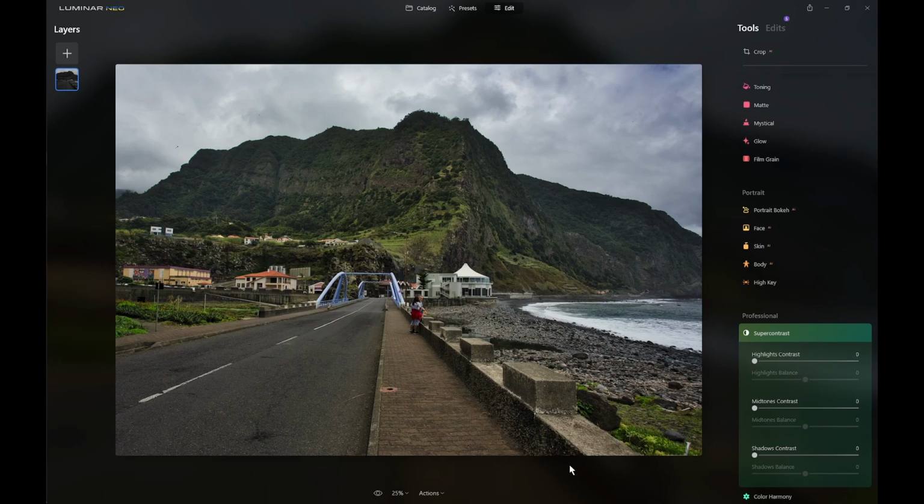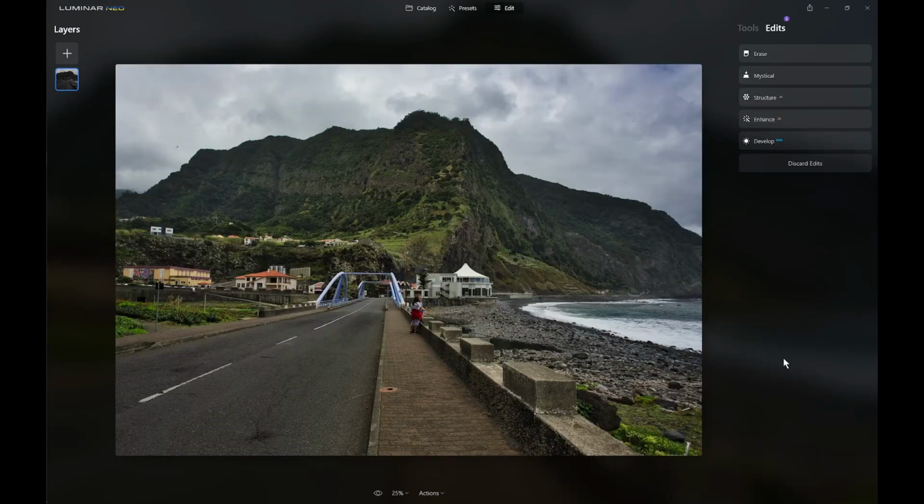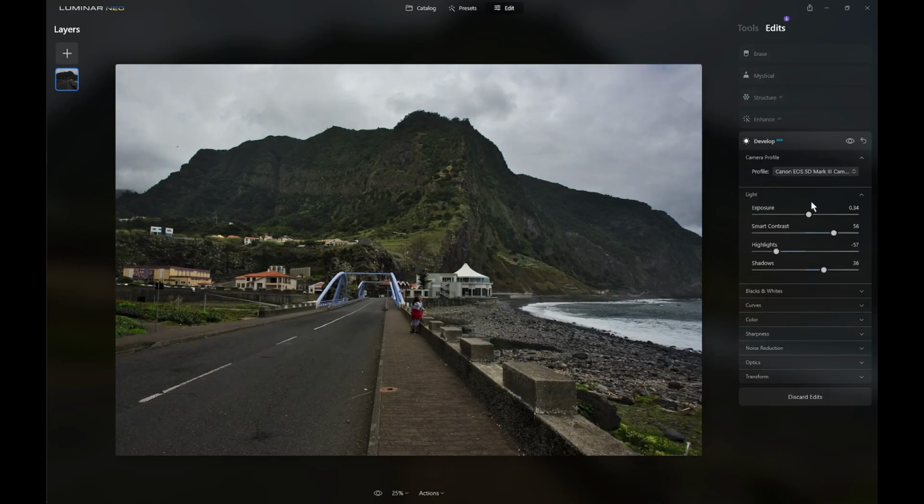Here is a photograph taken in Madeira where I have done all the basic editing and removed a lot of bits of rubbish in the foreground. Here is the original photo, which you can see was very dark. Here you can see the edits I have done in the photo, starting with raw develop to brighten it up and increase the contrast,